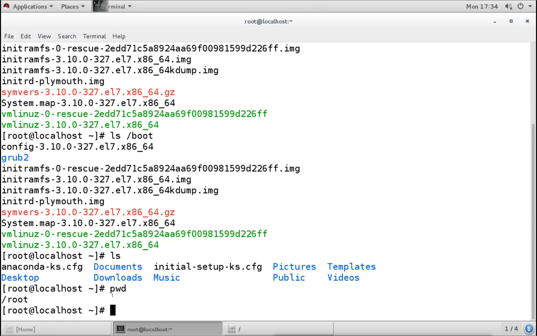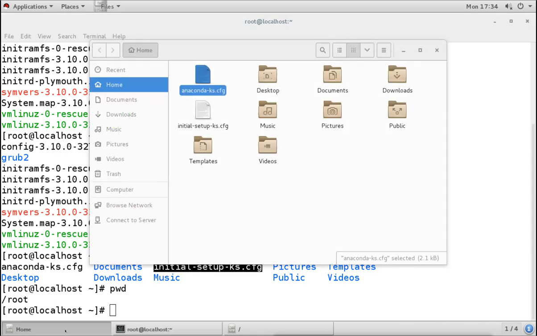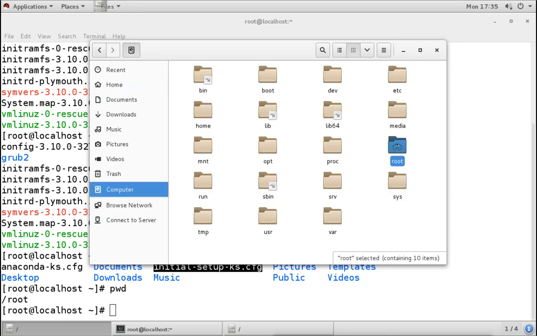And when I do this, what I see here in these colors are the directories: desktop, documents, downloads, music, pictures, public, templates and videos. And there are two files, initial-setup and anaconda, which are black. We can verify when we go to the root user's home directory.